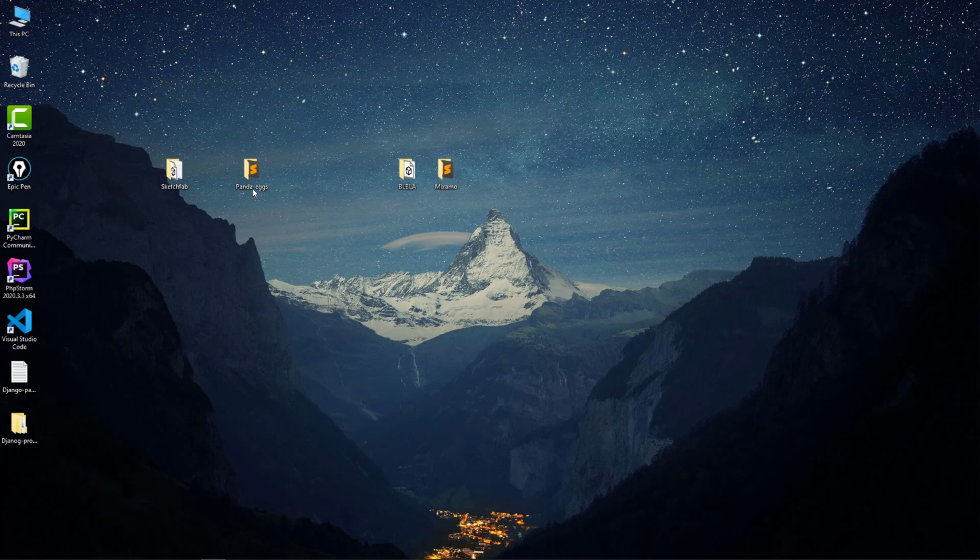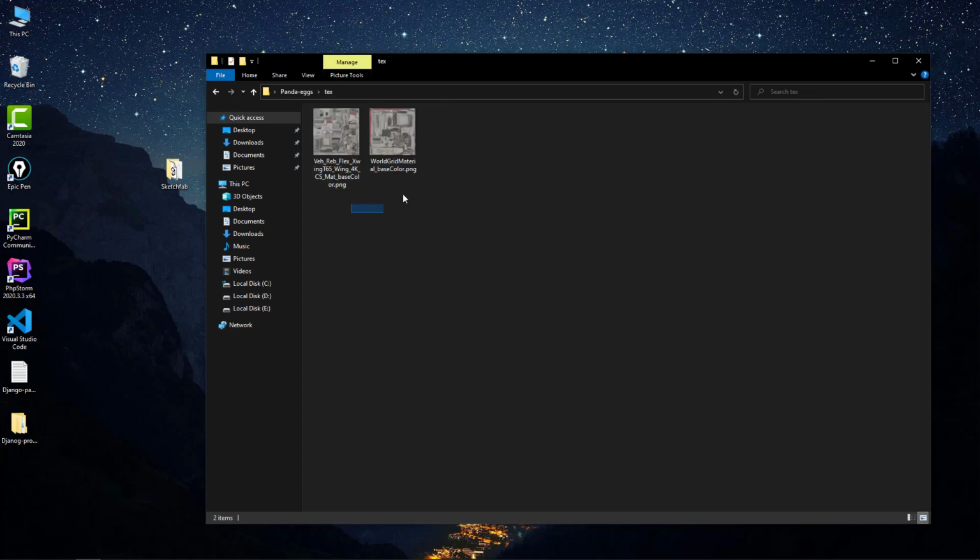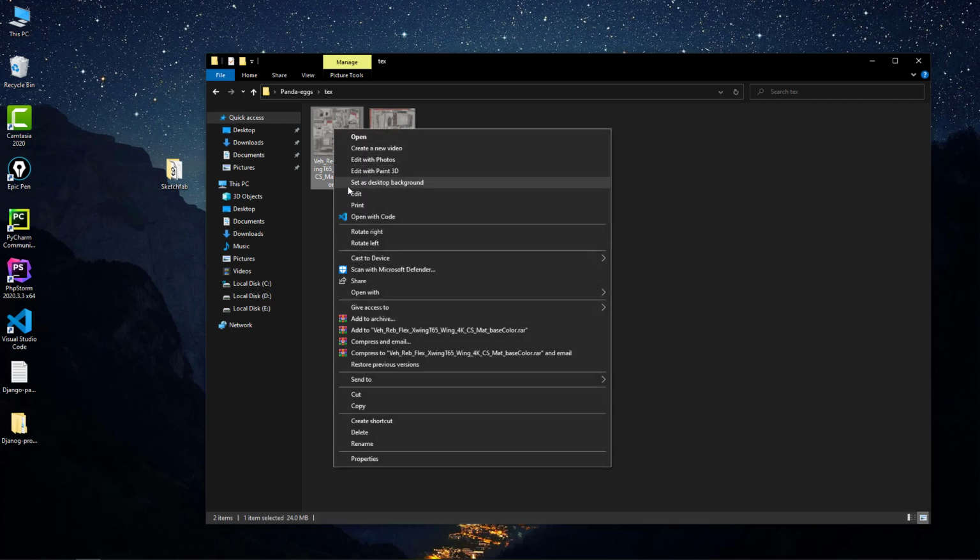I'm going back to my desktop, and here is the model. So I'm just going to open this folder, and here in the text file we have the two textures. And as I said, one is 24 megabytes and the second is 23.6 megabytes, and both textures are 4096 by 4096. So you can use GIMP, you can use Photoshop, you can use Affinity Photo to rescale these images. I'm just going to use the built-in